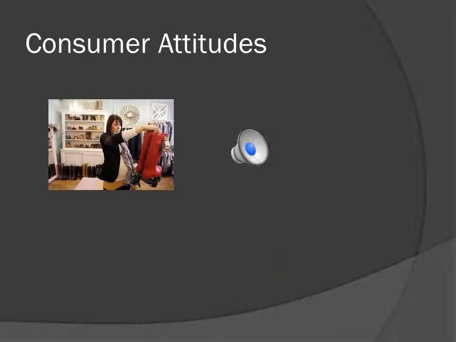Consumer attitude looks at the attitudes of the specific audience in question, looking at the products they buy and the reasons behind why they buy them. This would have to be qualitative in order to gather in-depth details of the consumer in order to better my product and make it more appealing to my target audience.